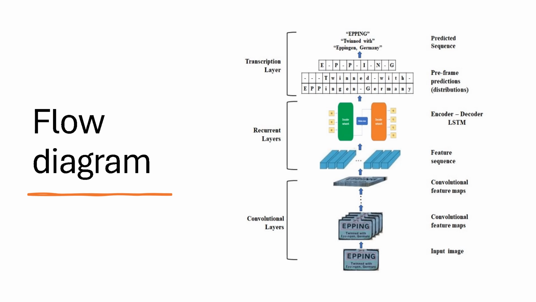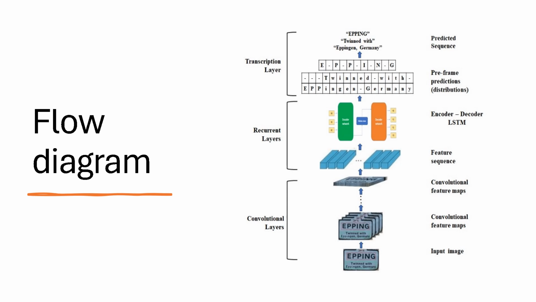So we'll give an input image, then that input image will pass through convolutional feature maps, and then at the third step a feature will be recognized. Then at the recurrent layers, we'll have a feature sequence, and then this will be fed to the encoder-decoder LSTM. After that, text will be extracted, meaning whatever text is present in the image will be extracted, and then the transcription layer is responsible for converting or predicting the text present